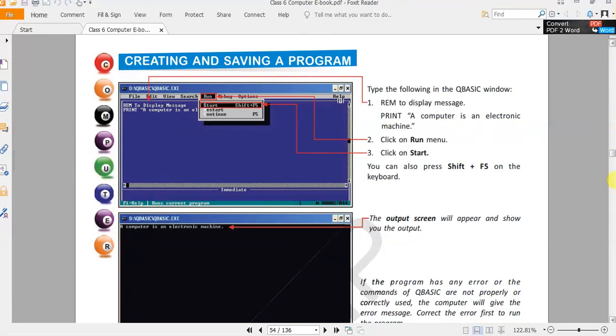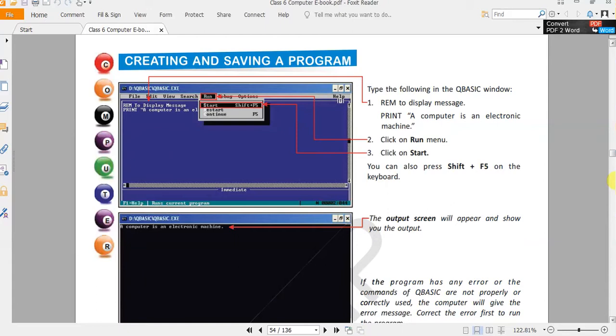In the previous chapter of QBasic, we have learned about the concept of the programming language. As we know, the programming language is very important for creating any programs. QBasic is a basic elementary programming language which is used to create certain simple programs. In class 6, you will learn how we program through QBasic. We have already learned about some common elements of QBasic, that is the statement, variable, constant.